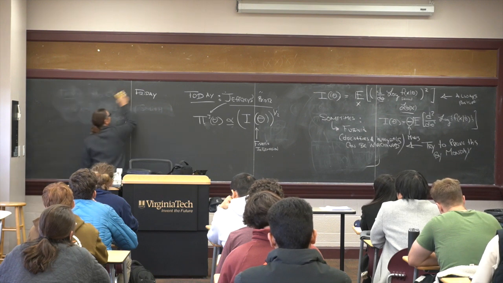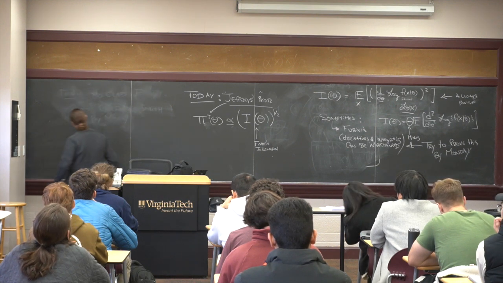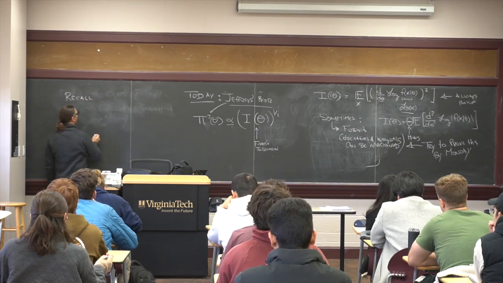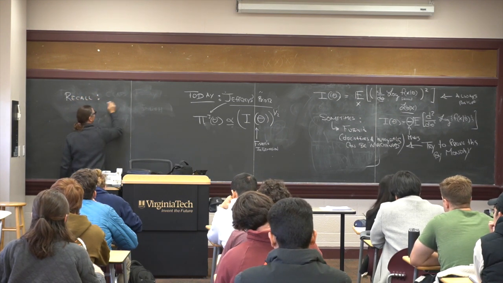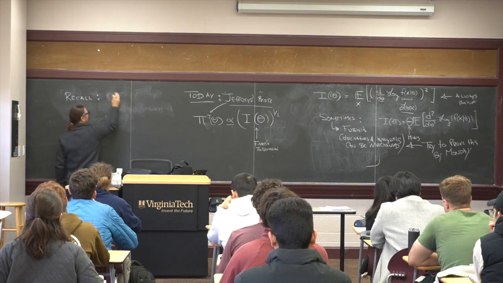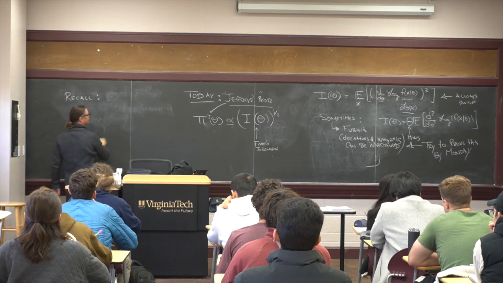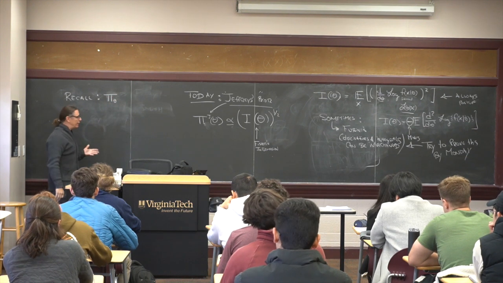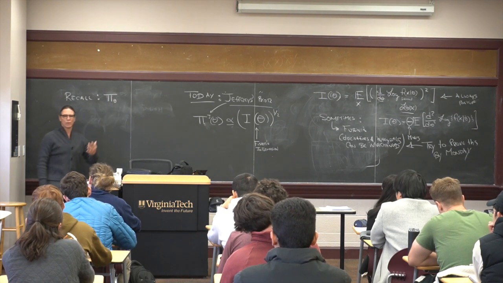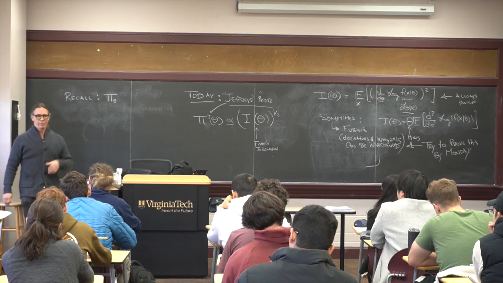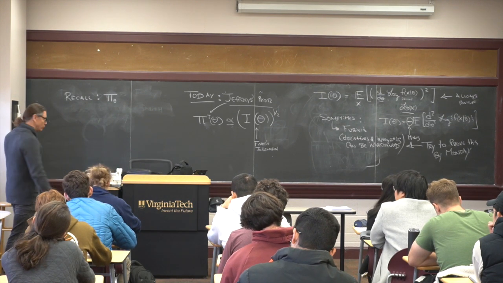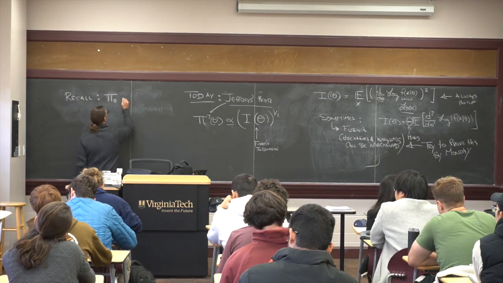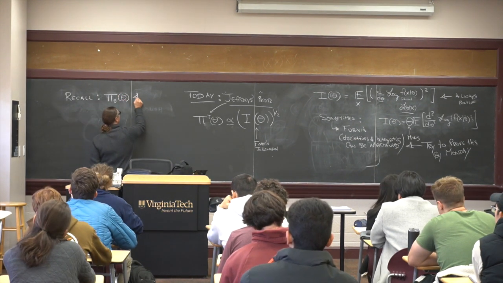Let me just remind you, recall, if I've got a distribution, so I'm going to say, let's call this pi theta. This is just some distribution I know that I use. Pi is usually when I'm thinking about Bayes stuff, but I'm just thinking about it arbitrarily. Just as any old distribution, so we can match some notation. So if I have this distribution,